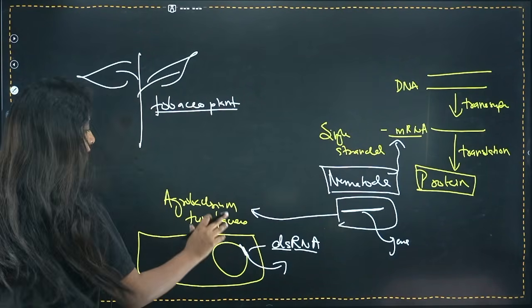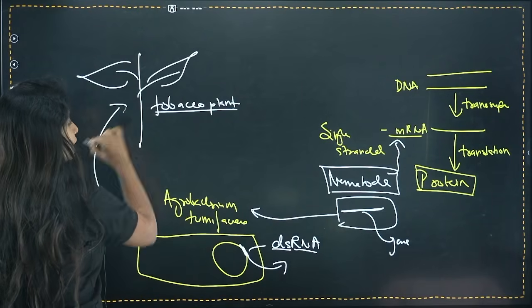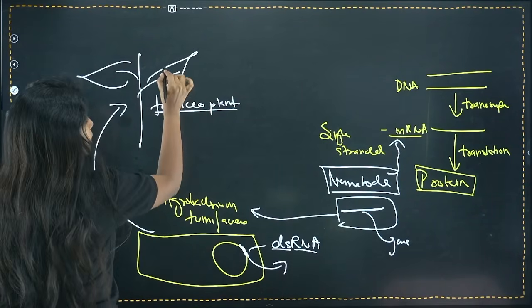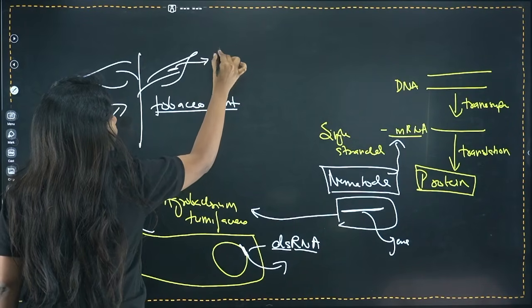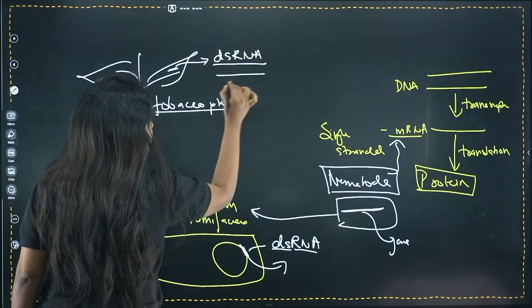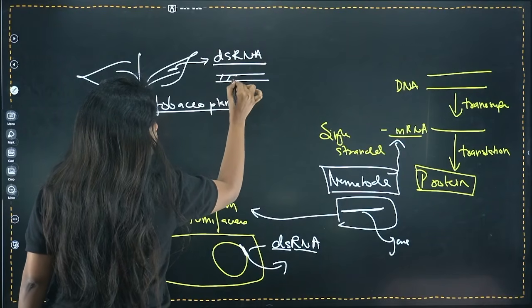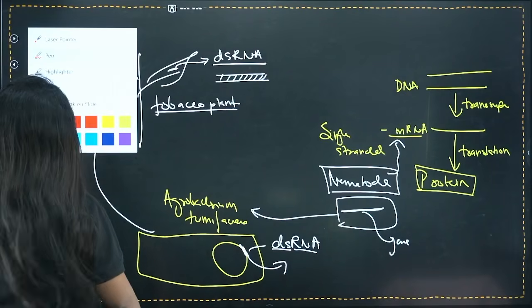No. So basically, I took this gene, I took the Agrobacterium tumefaciens, it went and infected the plant, and now the plant has the gene that coded for the double-stranded RNA. This double-stranded RNA which is going to be formed, my dear children, is very, very important for us. Why? Because